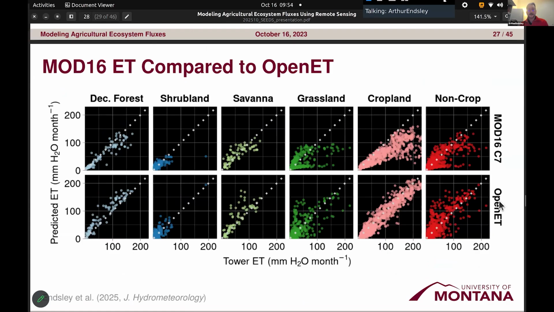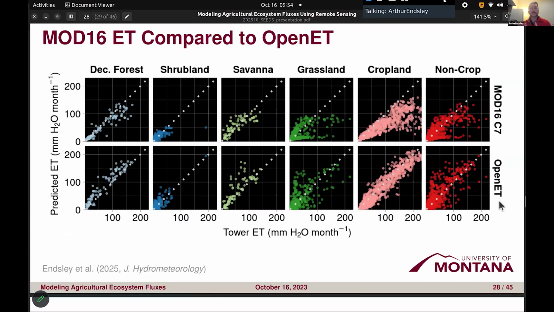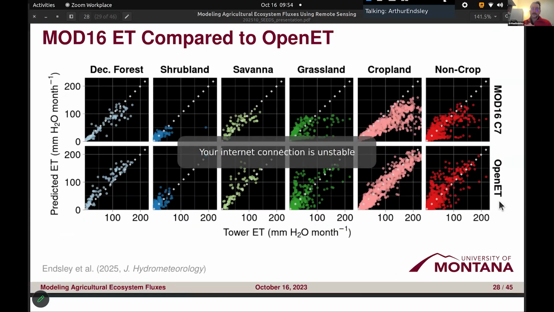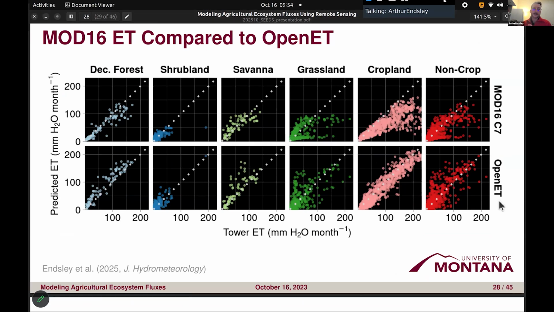Now, the OpenET ensemble, which you may be familiar with, has as its main advantage that those models are able to do this at field scale using high resolution data. And it's an ensemble of models. Every model has its weaknesses and biases, but when you combine all the models together, you can come up with an improved estimate. We were able to show that, yes, indeed, the OpenET ensemble is generally better for croplands because of that high resolution and because some of those models do have an irrigation supply constraint that Mod 16 does not.